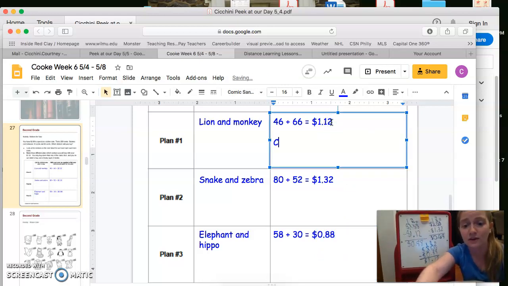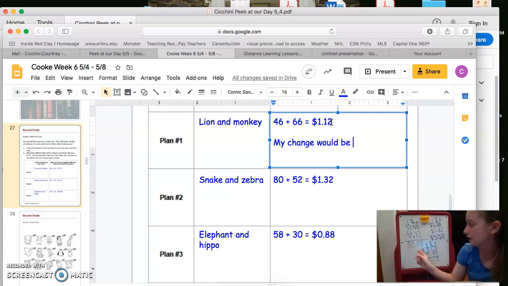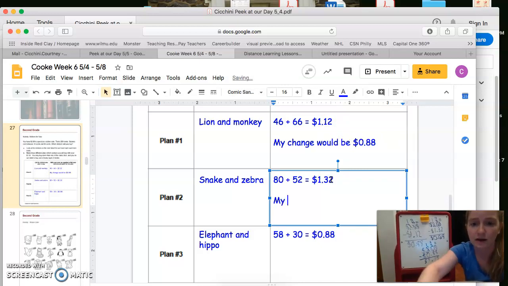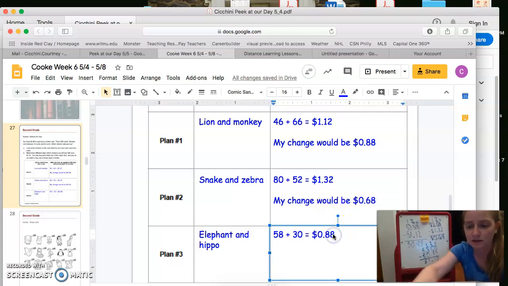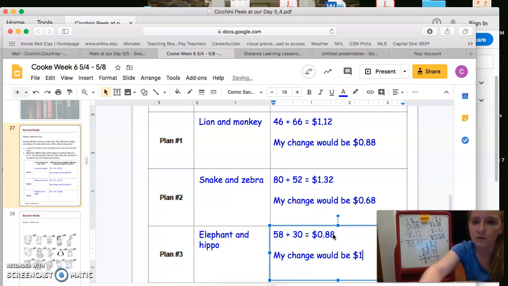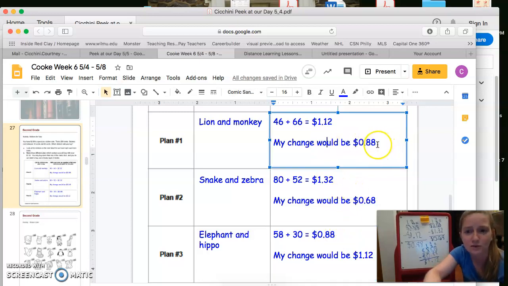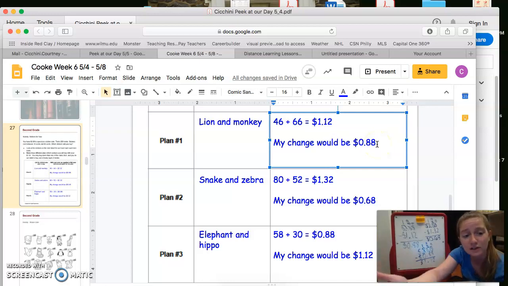So if you do that, you could even type your answer. My change would be $0.88. Or down here, I could write my change would be $0.68. And I did the challenge for this one, so I might say my change would be $1.12. So again, just remember that subtracting from $2 and figuring out the change is just a challenge, but it might be good